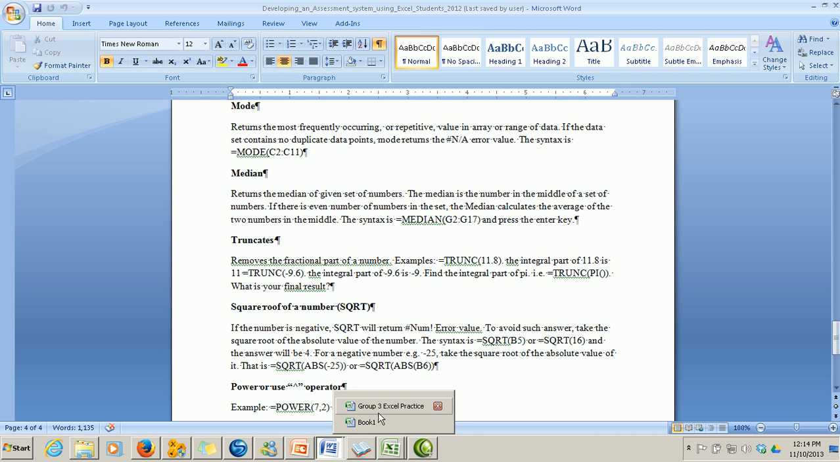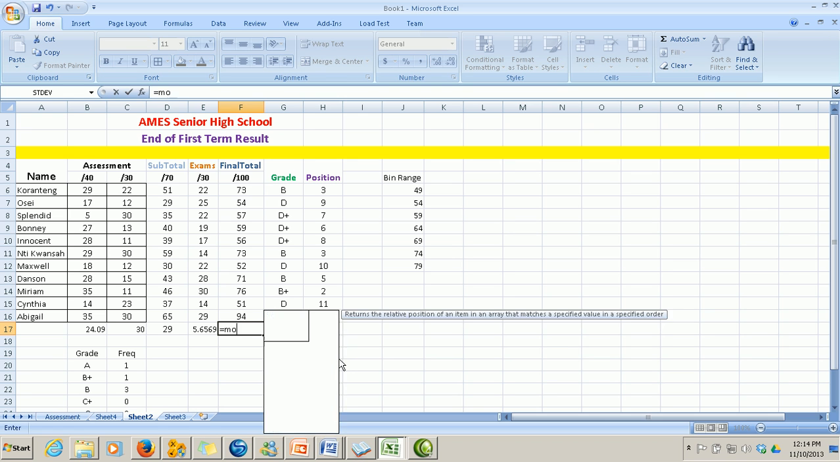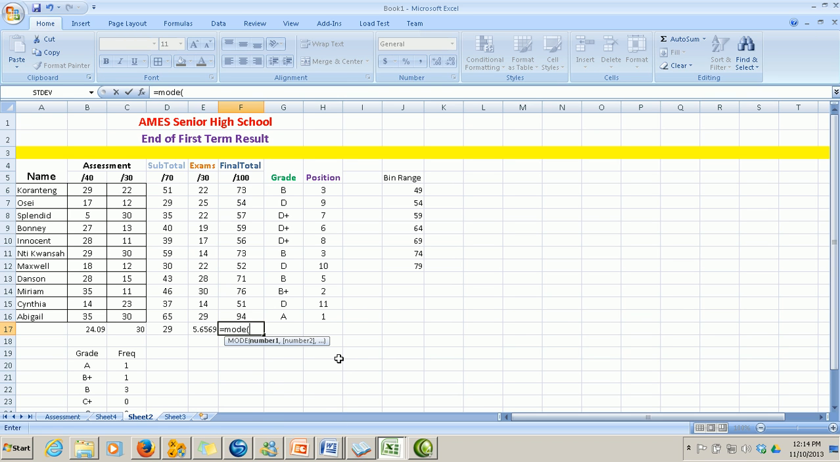So let's see whether there's any mode in the data set here. The mode here equals MODE, open bracket. So you see how I'm using the function, and also how I'm typing. The range there is